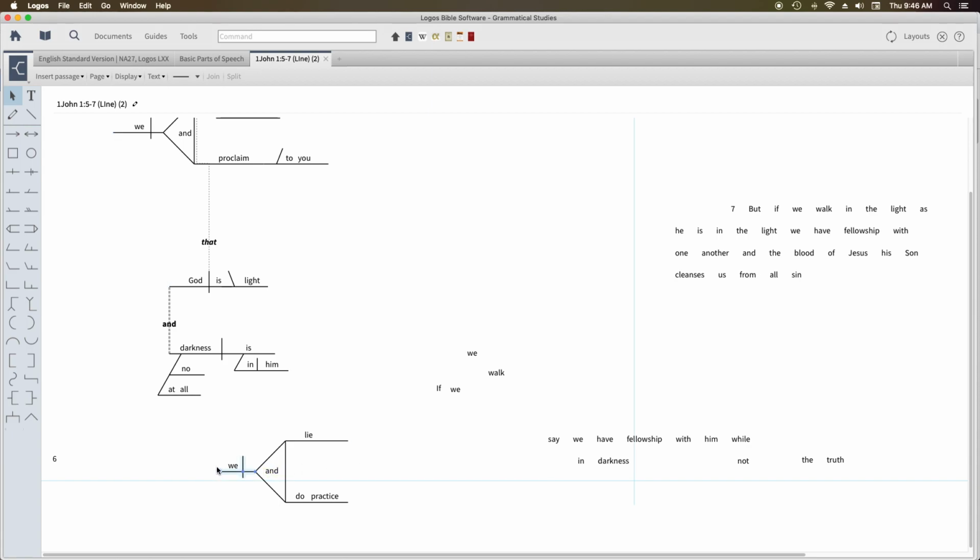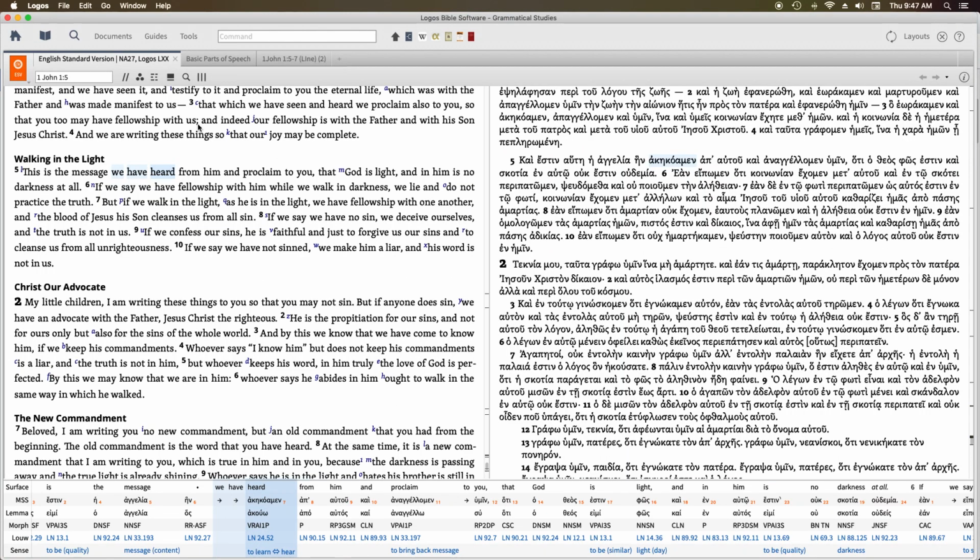Now again, why is this a conjunction linking two verbs and not a coordinating conjunction? Well, you don't really have two distinct clauses. Here you have two distinct clauses. God is light. There is no darkness in him at all. Those are two independent clauses. Now, somebody could say, well, we lie. We do not practice the truth as two distinct clauses. Well, yeah, that's true, but if you look at the English version here, and I'm strictly going by the ESV here,